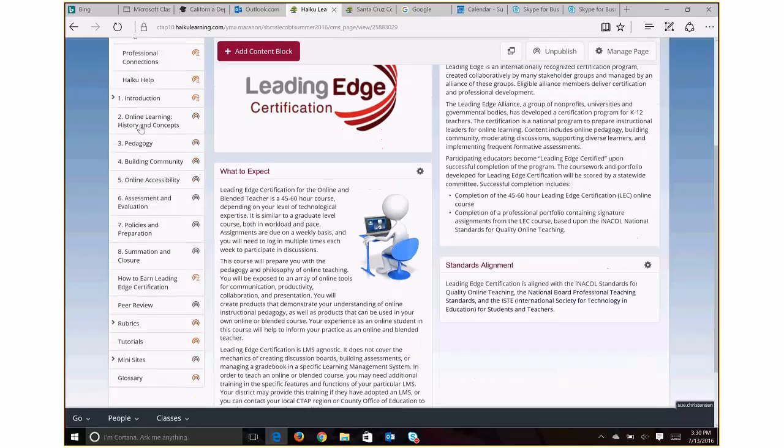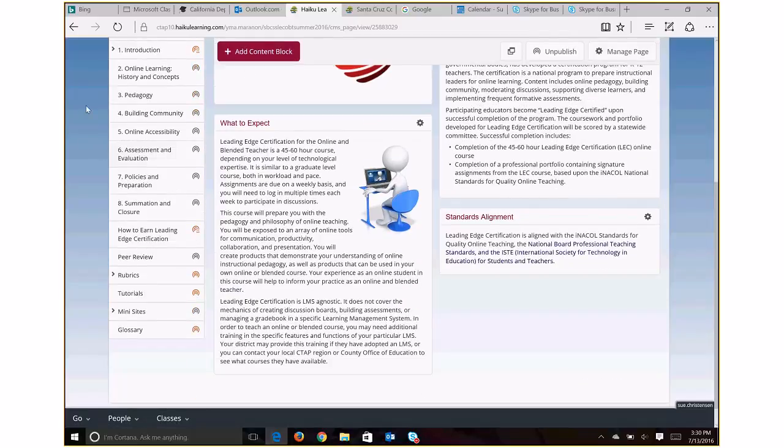Okay, and a little more on the classes. In general, they're all 45 to 60 hours in length. Generally speaking, you're going to be working about 6 to 8 hours per week on your module reading and assignments. That will vary, but that's just a rough estimate. The course itself is managed by the Leading Edge Alliance, and the Leading Edge Alliance is composed of some affiliates, including different county schools offices, CUE, Computer Using Educators, and also Fresno Pacific University.